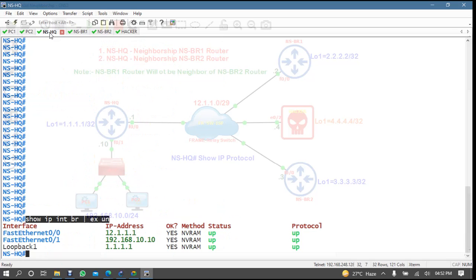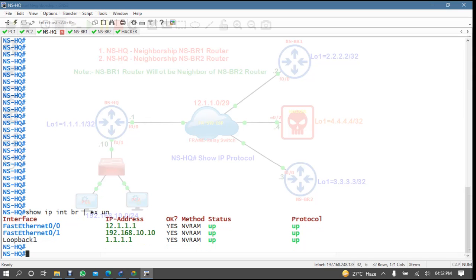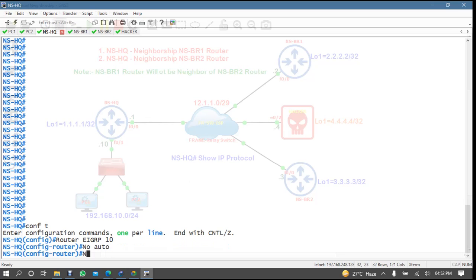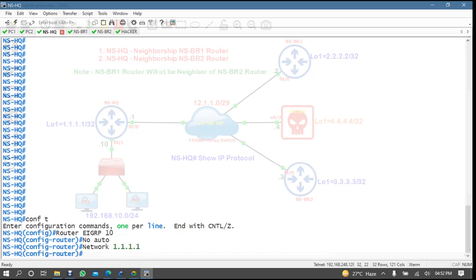Now I will come to my headquarter router, and simply I'm coming here: conf t, router EIGRP 10, no auto-summary. Then network, I'm advertising 1.1.1.1, my network. Even if you advertise through a wildcard mask, no problem, it's the same thing.